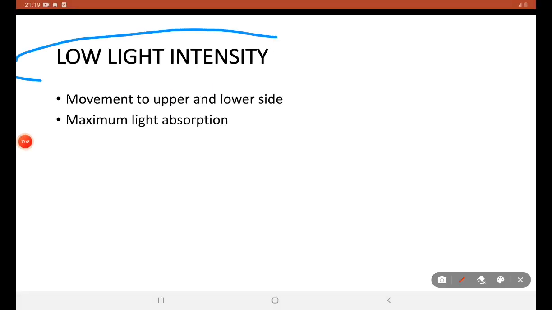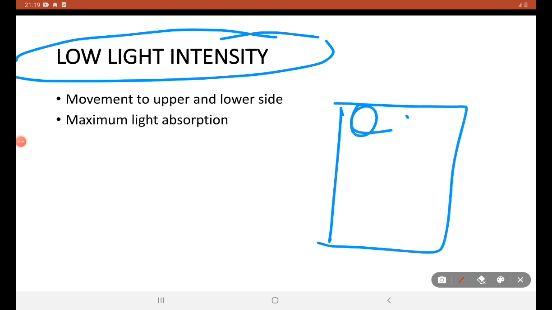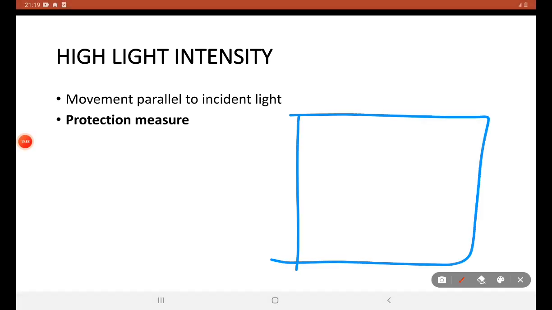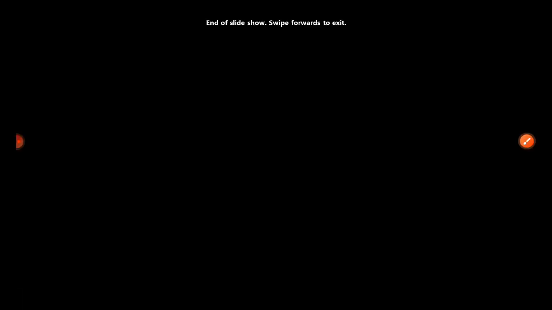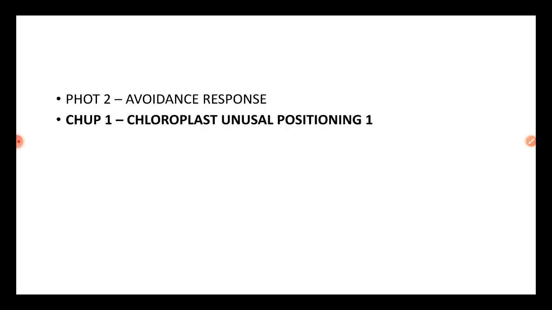In case of low light intensity, chloroplasts manage to be on the upper and lower side of the cells. In high light intensity, Phot2, they move to the corners parallel to the incident light. Hope this video is very clear on phototropin and various responses like avoidance response and accumulation response,